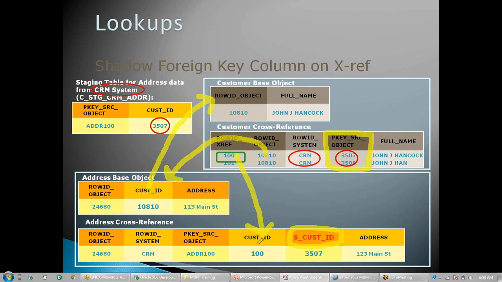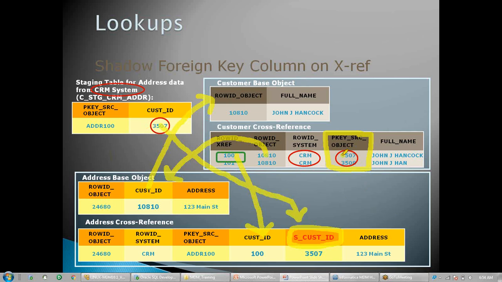Whatever is the name, like customer ID is the name of my column, an underscore S will get appended to it, and this is called a shadow key. Shadow key contains the primary key of the parent table. So this value 3507, or whatever value I am passing from here, is stored in this column.